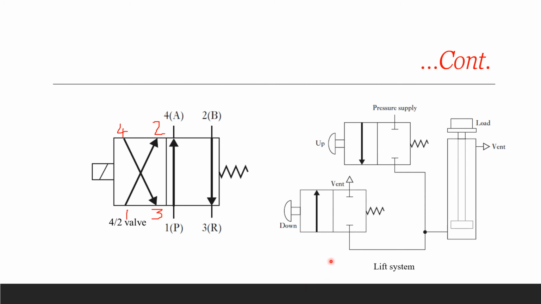Now the second figure shows a simple example of the valves being used in a pneumatic lift system. It utilizes two 2/2 poppet valves that are push button operated and return back to position by a spring. The representation was discussed in the earlier slides. So for the working of the lift system, when the upper button valve is pushed, the load will be taken to the higher position, and when the lower valve button is pushed, the load will be taken to the bottom position.